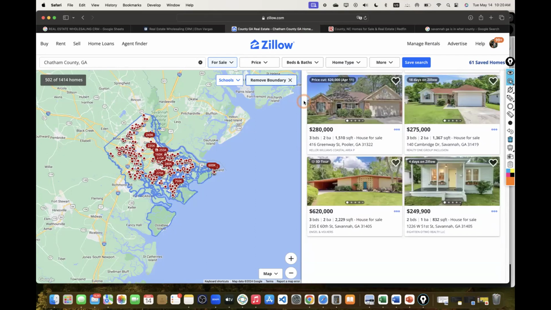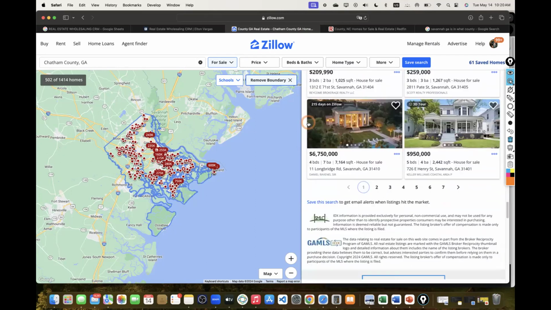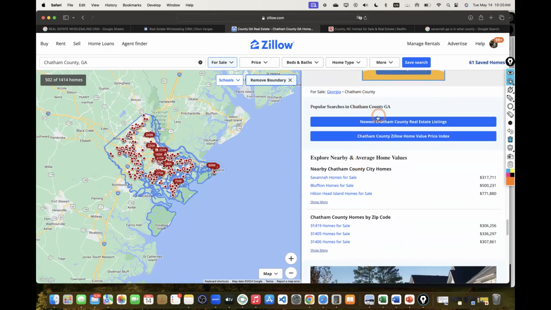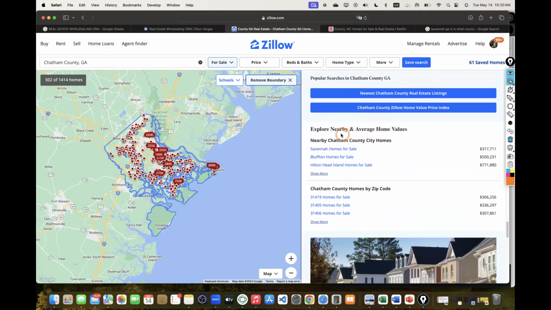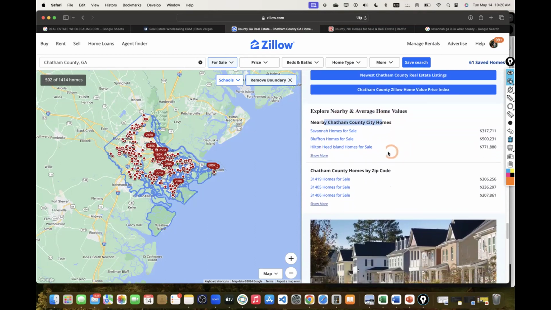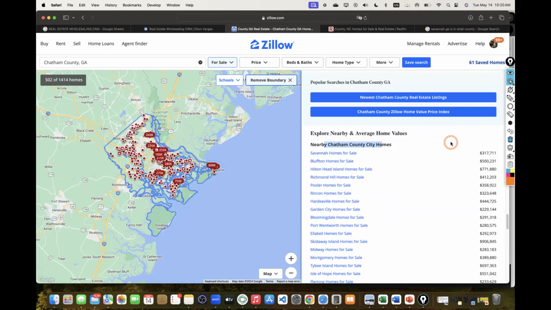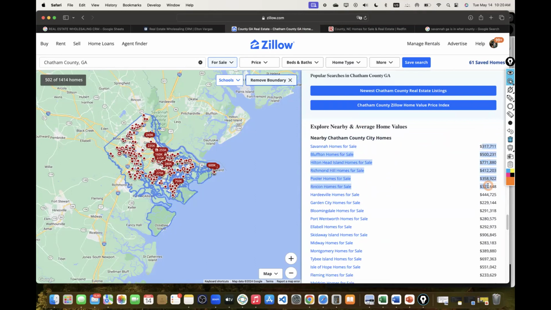But what this is, Zillow is already doing the homework for you of analyzing the cities and counties and zip codes, everything for you. So what you do is scroll down past all of the properties, and then head over here to nearby Chatham County cities. You can go by the zip codes as well, and then you press this show more button, and it's going to show you all of the prices of properties in each single city. What this is basically is collective data of both flip properties, aka retail properties, and also bad properties as well. But it's giving you the potential ARV of an area.